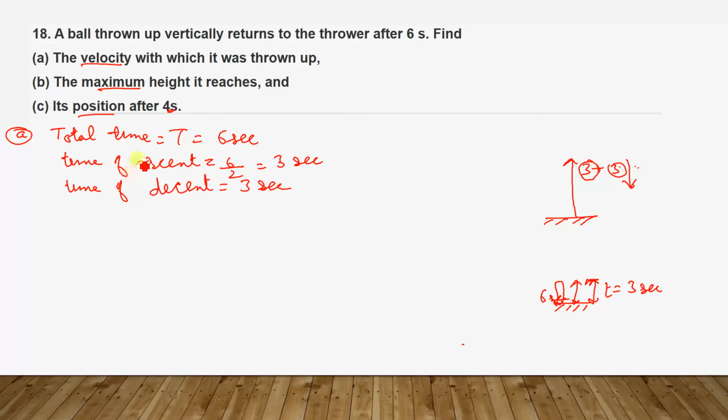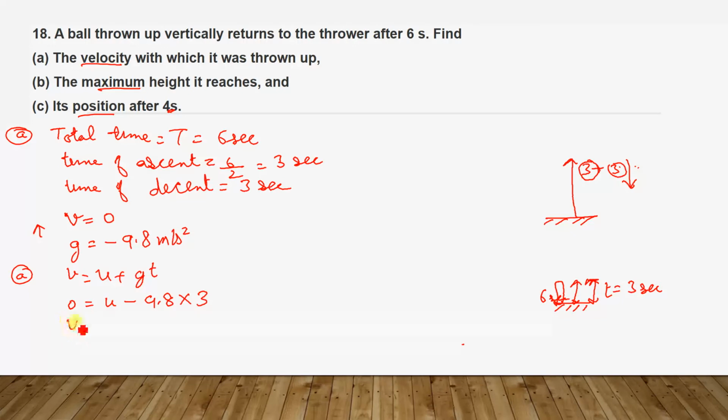First of all, when it is thrown vertically upward, then at the highest point its final velocity will be taken as 0. It is moving up, so g will be taken as minus, negative sign आएगा g के लिए. Yes students, so for A part, let's use the formula V equals U plus gt. So V is 0 equals U, हमने calculate करना है, and g is minus 9.8 and time is 3